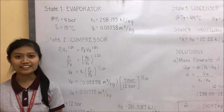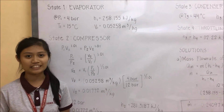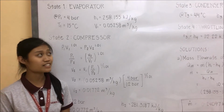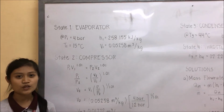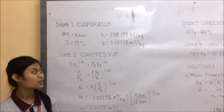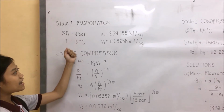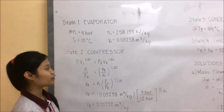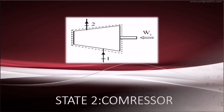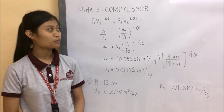By interpolating the values of H1 and V1 from table A-13, using the state 1 conditions, 4 bars and 15 degrees Celsius, we will get a value of 258.155 for H1 and 0.05258 cubic meter per kilogram for the value of V1. Moving on to state 2 after the compression process,